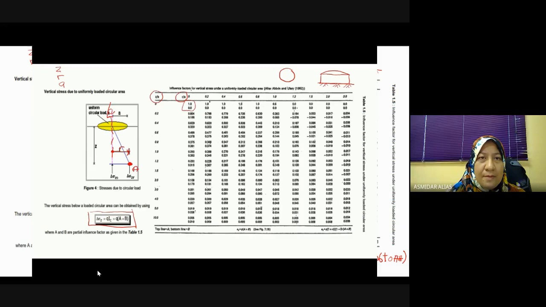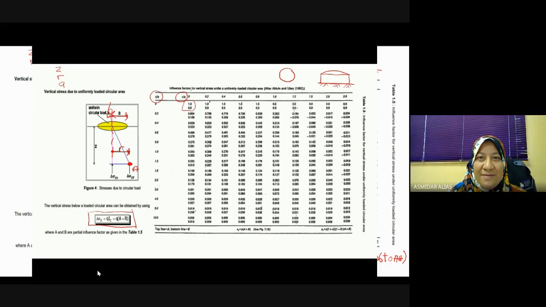Okay, we have already defined R. Now define A. A is half of your circular diameter, the radius. So A is half of your circular diameter. It's quite direct, but of course you need to see the question, and then you need to attempt the